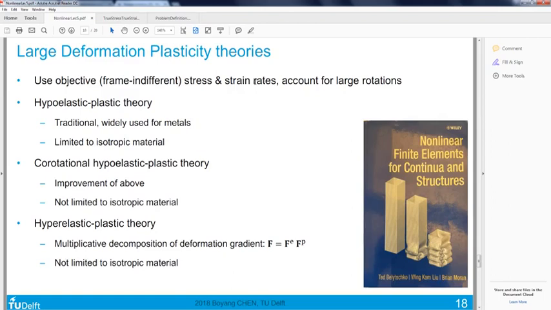I mentioned briefly that it needs to account for large rotation, and technically these are called the frame-indifferent definitions of stress and strain rates, or the objective stress and strain rates. These concepts do not matter when we only model small deformation problems, but they become very important when we move on to geometrically nonlinear cases, which is the case of our problem today.